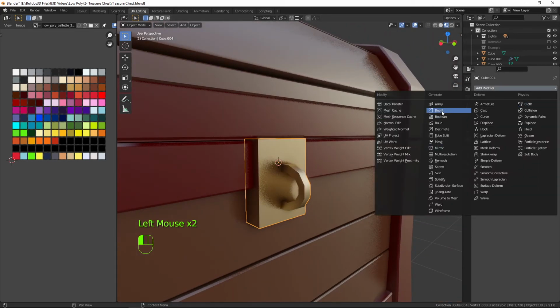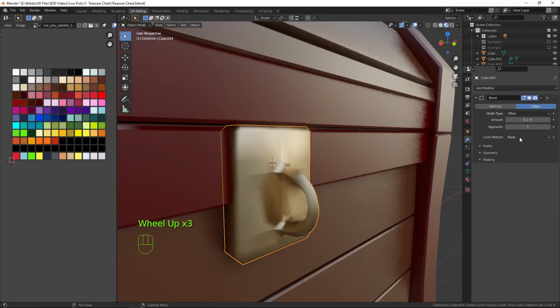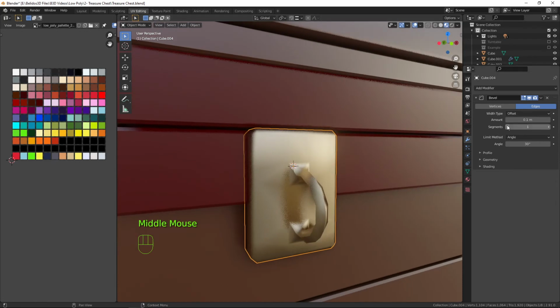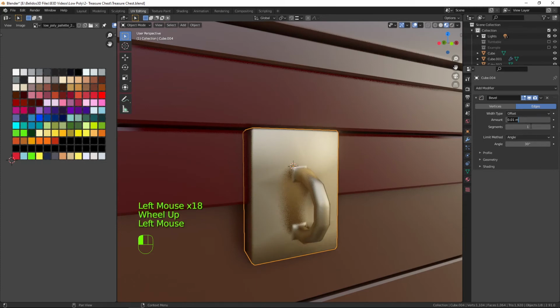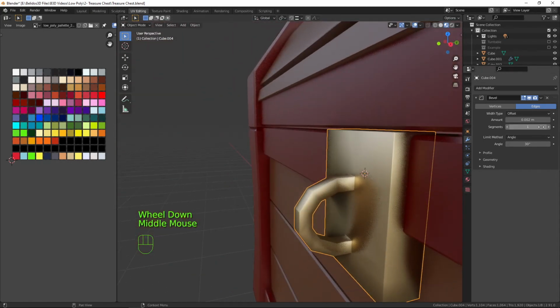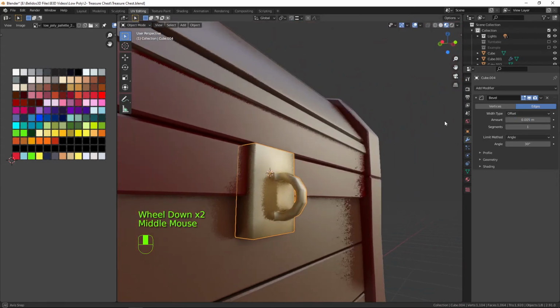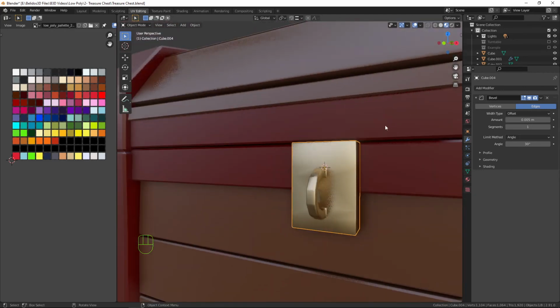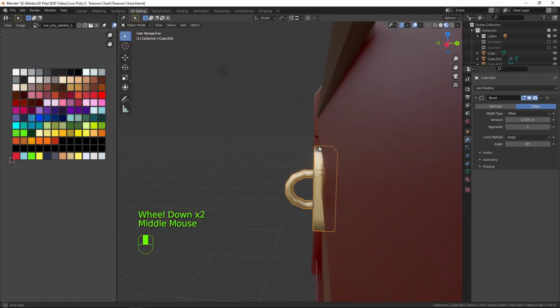and then I want to give it a bevel as well, so let's give it a bevel. Oh, and that's gone a little bit far. We will change the limit method to angle, and we will bring that bevel right down, all the way down, and even there it's not enough. So if I put 0.002, there we go, that's about right. Maybe change that to 0.005. Yeah, that looks nice. And there we have our padlock loop,